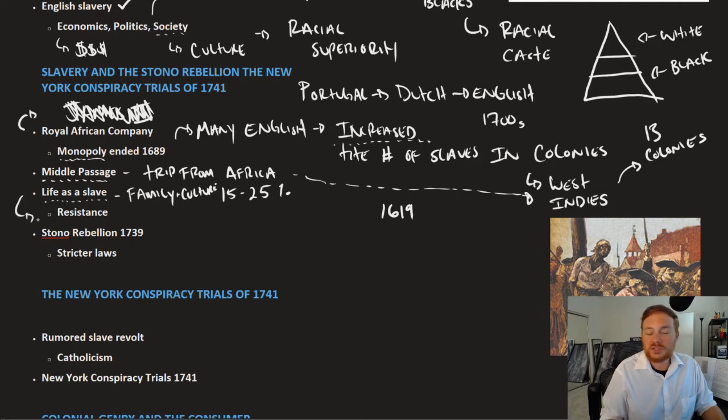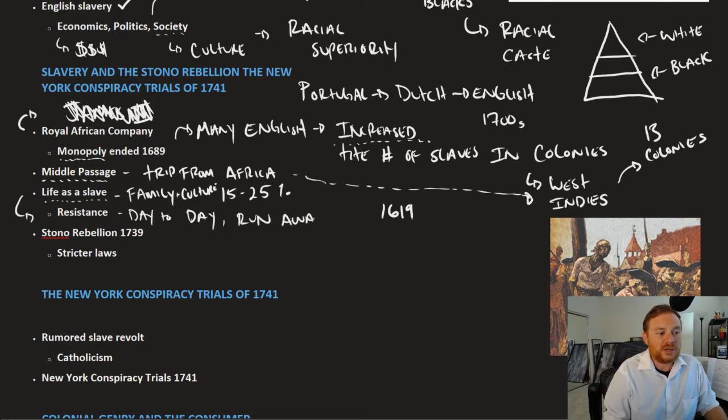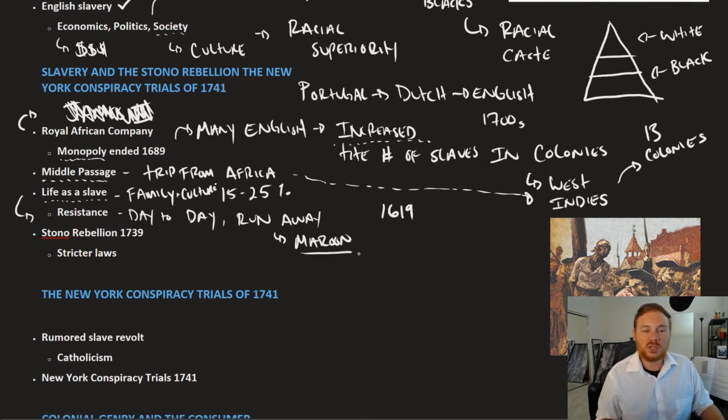And resistance was more or less done at all times, at any time. And resistance took a lot of different forms. It could be simple day-to-day resistance. We might refer to this as silent sabotage, where you try to sabotage the effort to make money by the slave owner. It could be running away, which was the most effective form of resistance. We talked about how running away led to the creation of maroon communities. Maroon communities were communities in which runaway slaves lived separately, independently in places like Jamaica and the Americas, where they were able to escape, but also violence.